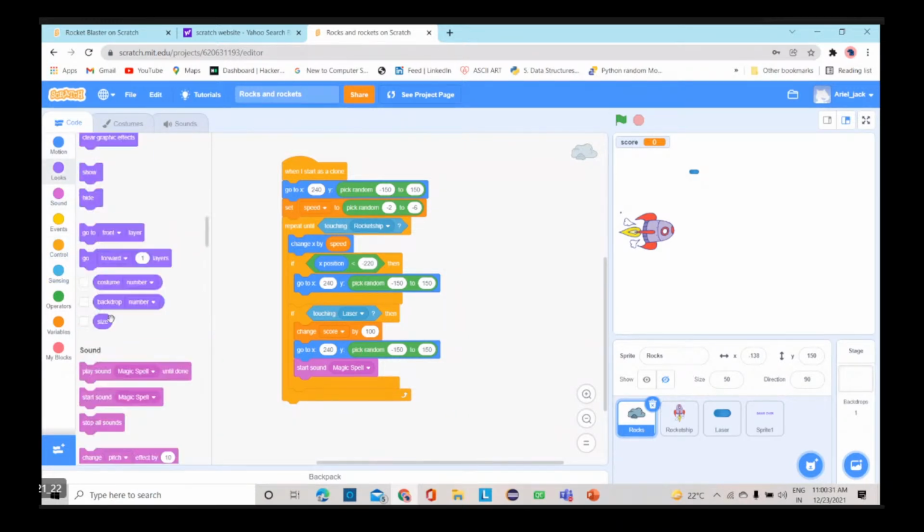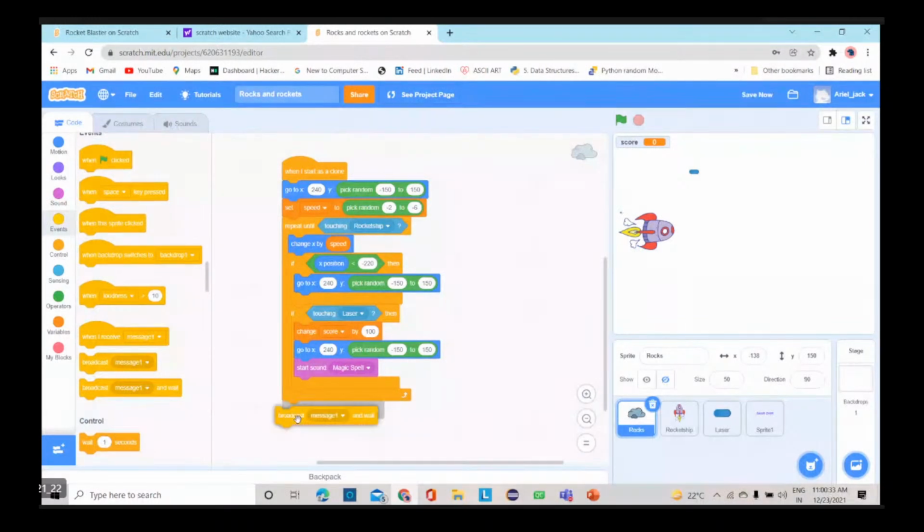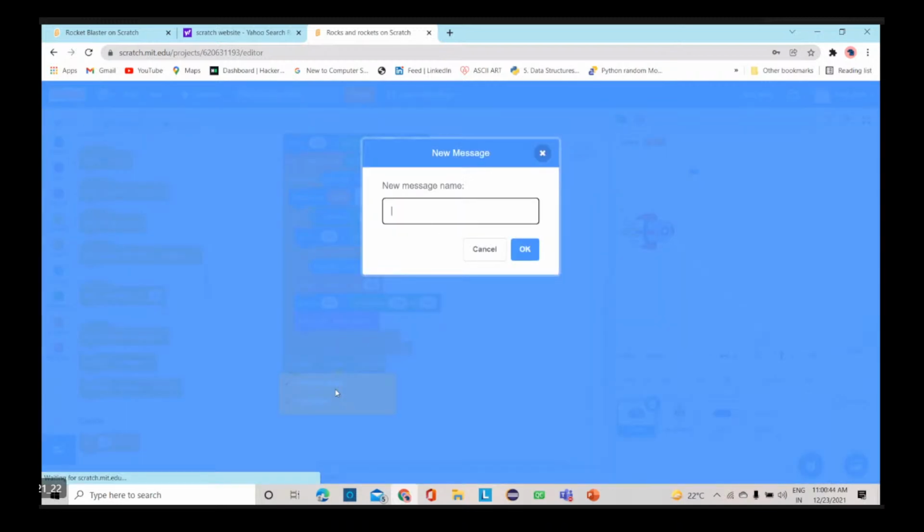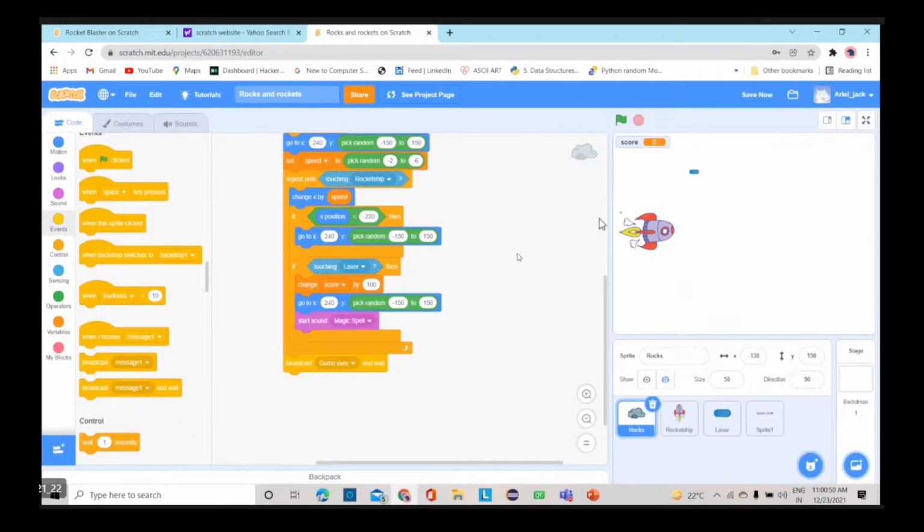Let me give it some message. Basically our game ends when the rocks collide with the rocket ship, right? So when it collides with the rocket ship, I want it to give the message game over. I'll create that message, and